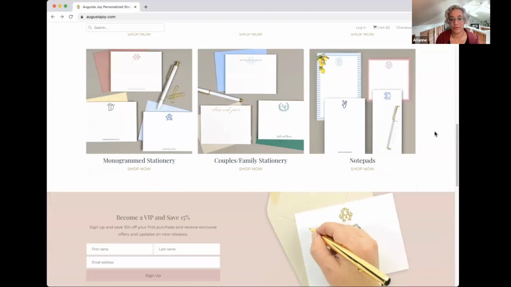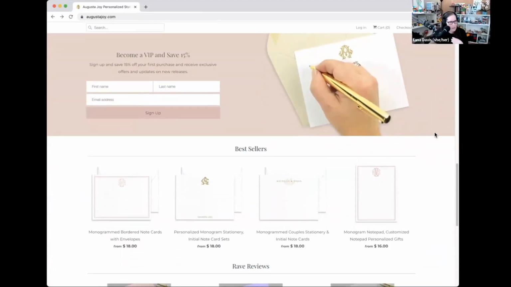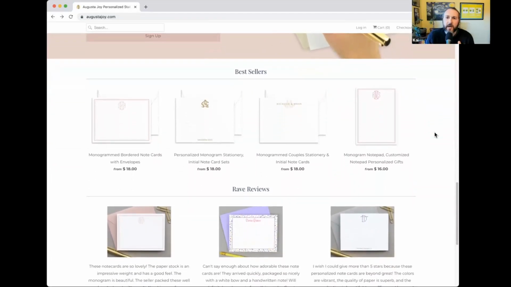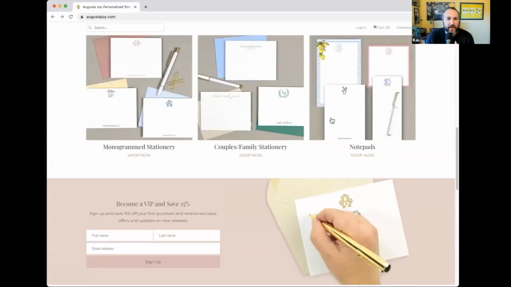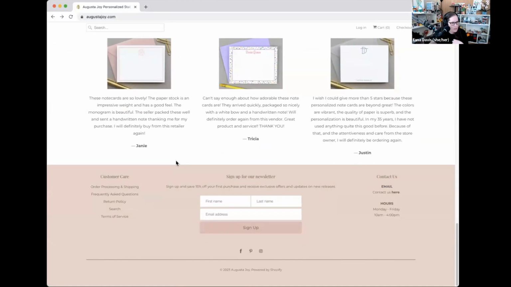It looks like we'll have time for one more if we can maybe take a quick peek at the bottom of this one in the footer. Before we exit this one, I'd love to just take a quick peek at the monogrammed collection. I got some feedback I could share, but I don't want to skip over the footer if there's actionable things to share there. Let me look really quickly before we go.